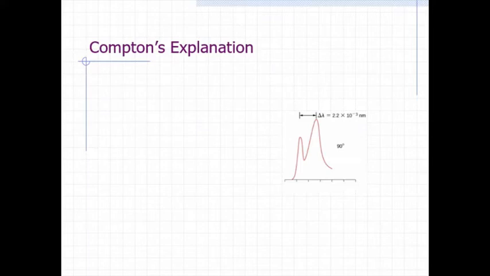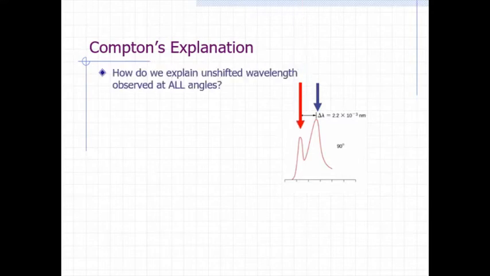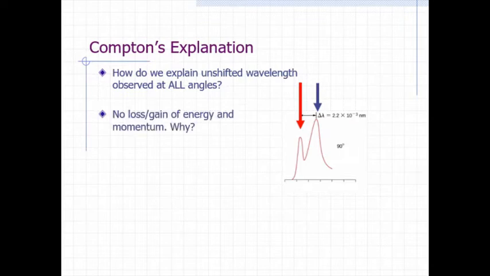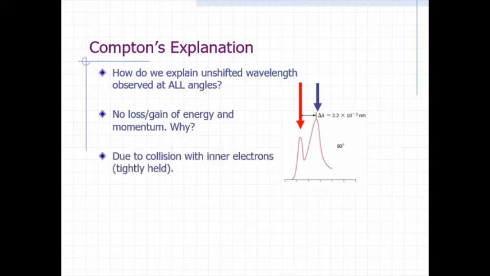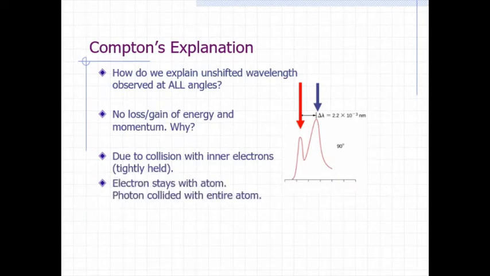Okay, we've explained what happened to scattered photons at the shifted wavelength. A photon at the shifted wavelength has lost energy and momentum due to its collision with an electron. But what about photons in the unshifted wavelength, which are also observed at all angles? Well, obviously, these photons have neither lost nor gained energy and momentum, but why haven't they? The explanation is that they collided with inner electrons, which are very tightly held. An inner, tightly held electron stays with the atom, and we can instead think of the photon as having collided